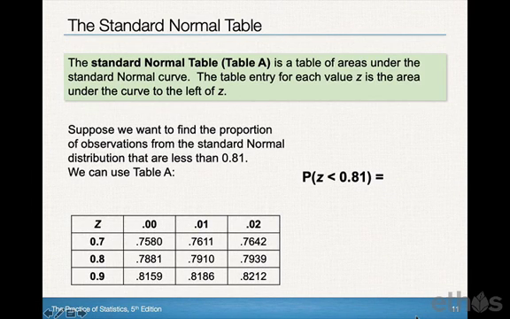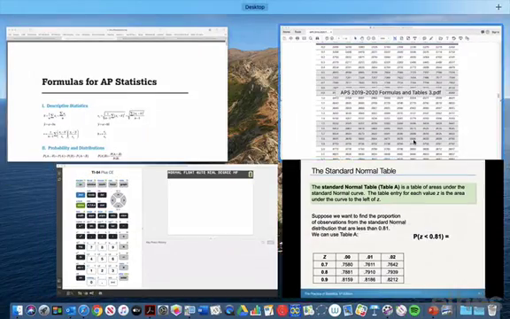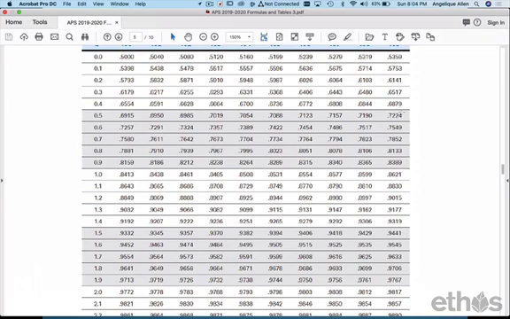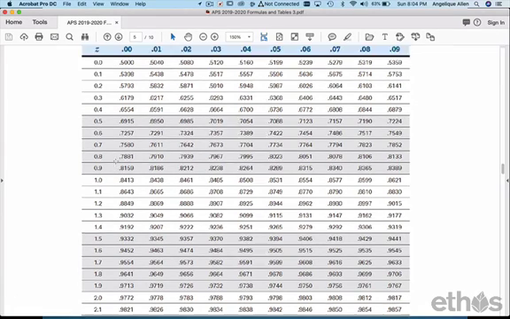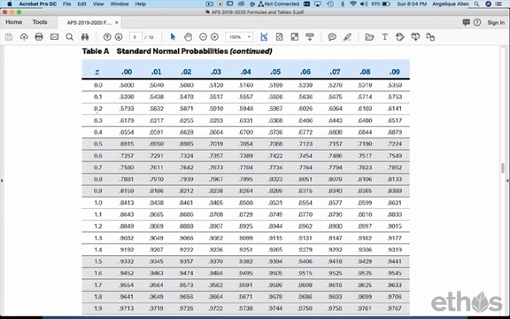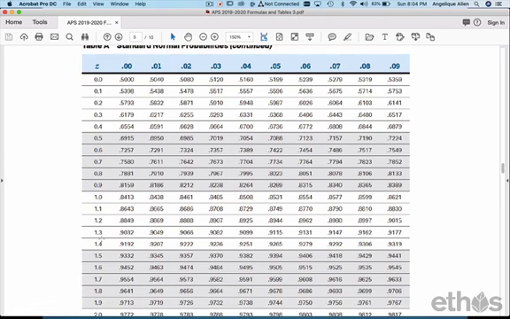Okay, so the way that we read this table is we're going to go over to our score. Now remember, z is less than 0.81, so we've got to find z of 0.81 on here. So if you'll notice, this column is z-scores with 1 decimal place. So 0.8 is right here. The second decimal place is along this row. So 0.81 would have 0.8 on the left-hand column, and 0.01 up here for the second decimal place, and where